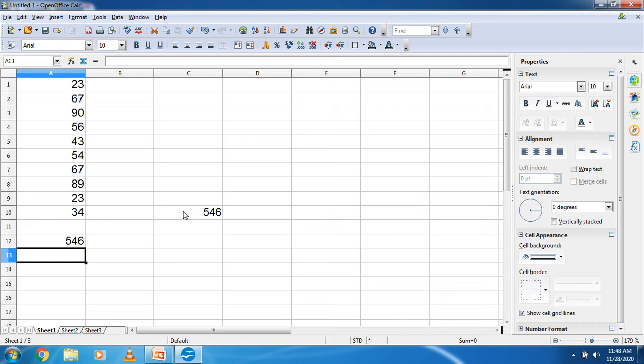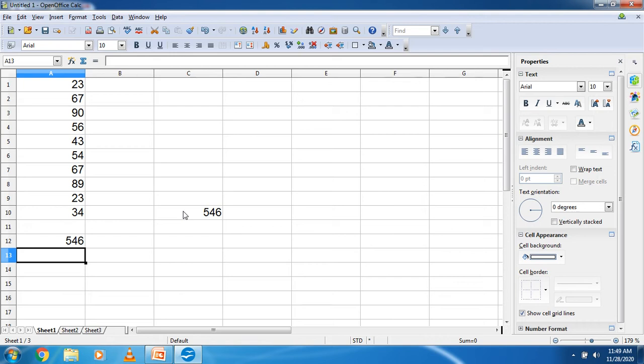Now your next function is the mathematical function. Math functions are very helpful when we work with numbers in Calc. The first function is the absolute function. How to use it? The absolute function removes the minus sign from a negative number and makes the number positive, right? It does nothing to 0 or a positive number.